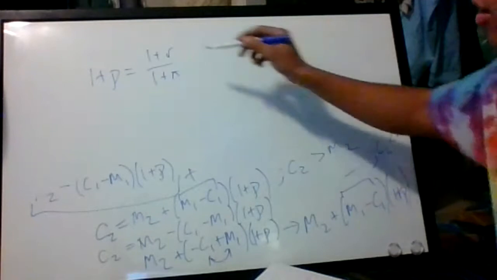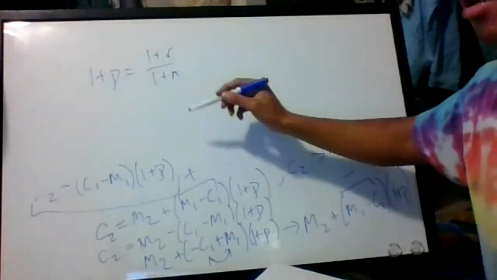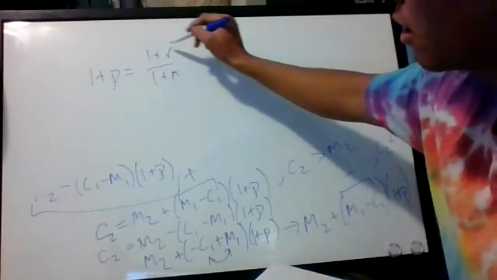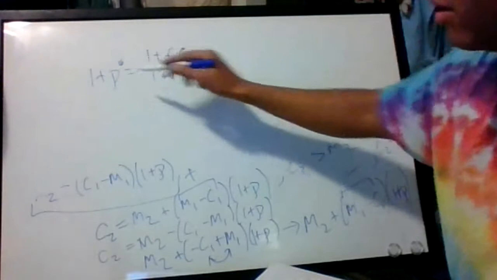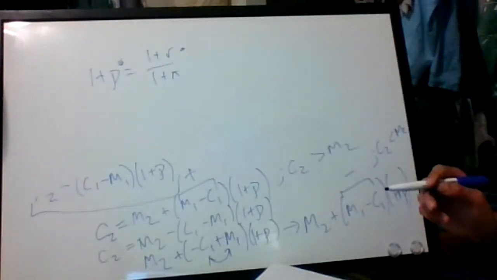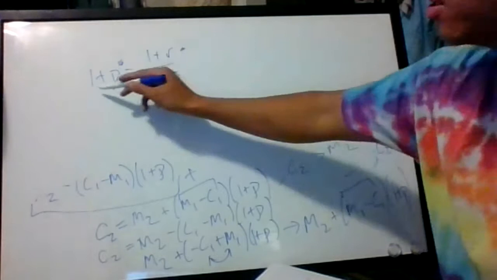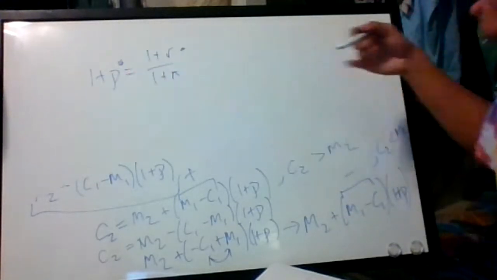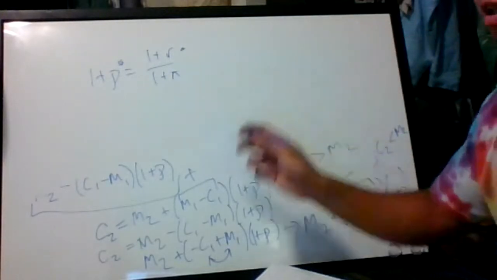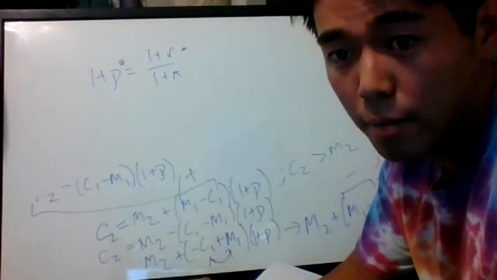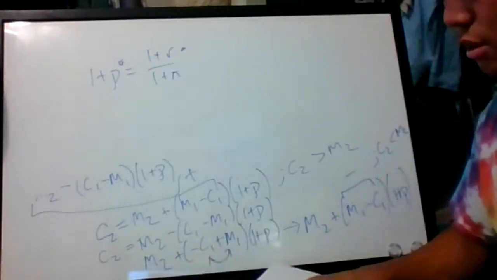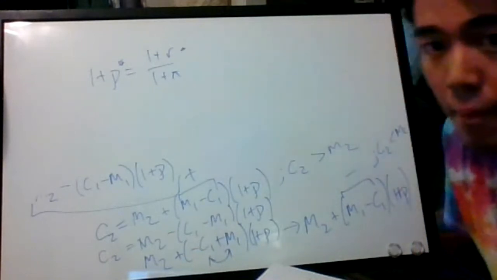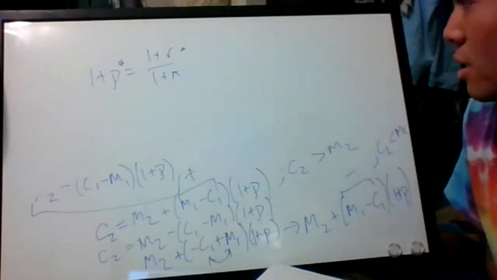The reason why he uses 1 plus R is because in the beginning, we're going to assume that there's no inflation. And so when inflation is 0, this and this are equivalent. But this equation at least gives us the flexibility to include inflation in a scenario where it's stated in the problem. So I assume that at some point he will maybe include it. I would definitely hope so. But if for some reason he doesn't,